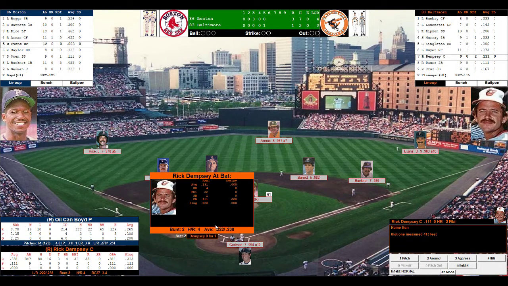And here comes Rick Dempsey. Rick Dempsey, if you remember, did that wonderful thing during a rain delay where he went out and ran around the bases with a tarp on and he slid all over the place and the fans loved it. Look it up on YouTube if you haven't seen it. Rick Dempsey rain delay. It's very funny.